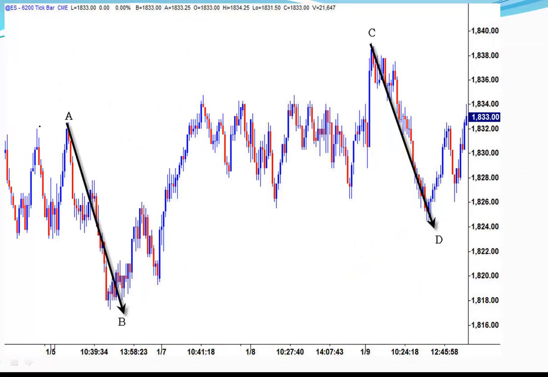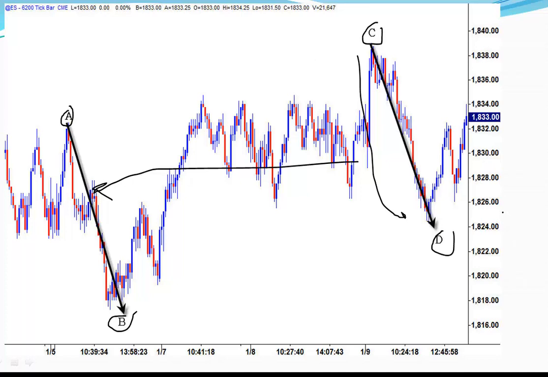Here's another one. We look at this range right here, the market sold off. But if you take a look at the past, you can line up the equality of an A to B, C to D. Now, does this mean you're going to buy it? Does it mean you're going to sell it? No, you can just be monitoring the market and feeling that, if the market's trading lower, you could say to yourself, well,